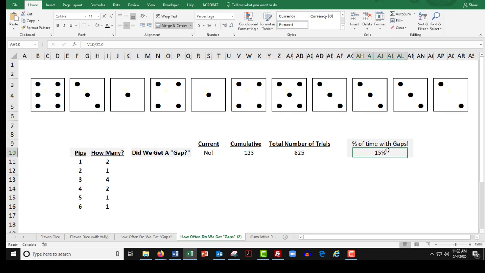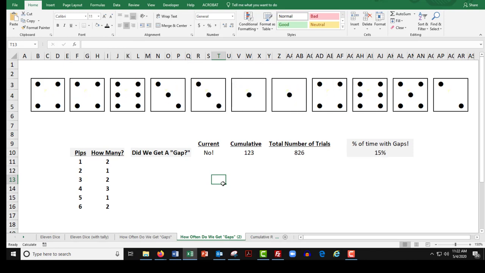This is averaging the rate over a long period of time. That's a very important point to kind of commit to memory right now about randomness. It's impossible to predict on the next trial with certainty what is going to happen. For example, if you asked me if the next trial was going to have gaps, I would bet no, because 15% is still a small percent. I'm going to guess no. Oh, and look at that. I was right that time.